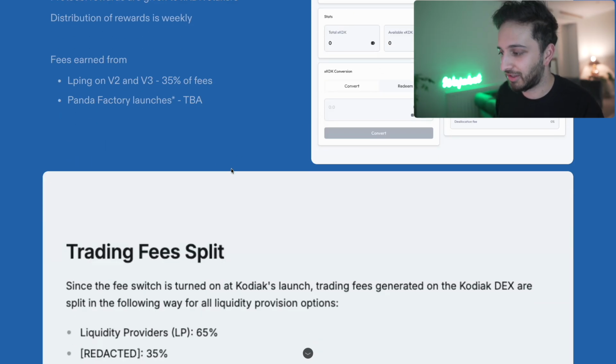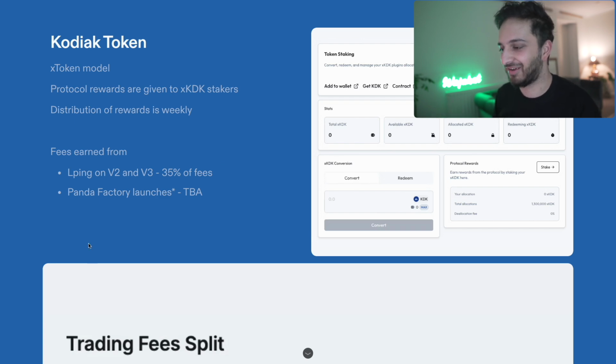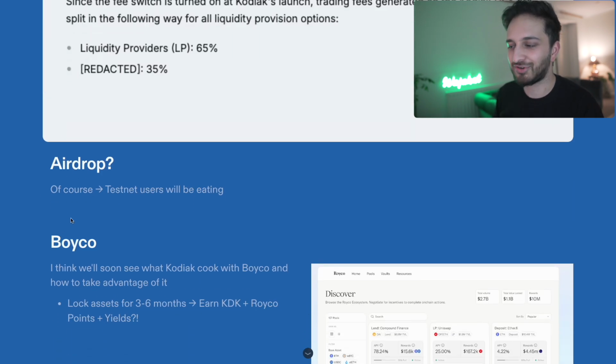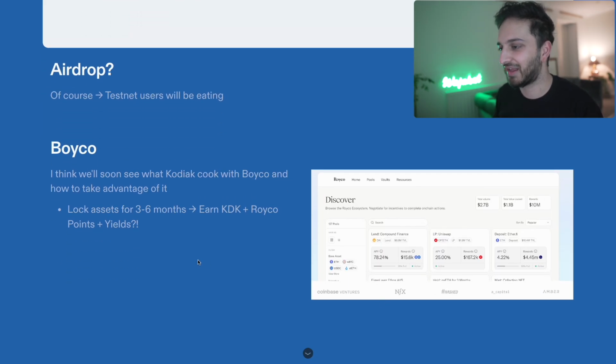And this is going to be really, really interesting, because you might be thinking, hold on a second, that means LPs aren't being compensated that well. Well, they will, because there's all those external rewards coming through BGT, through Infrared, through their partner protocols. And I think this is what makes Kodiak a really, really interesting DEX. Will there be an airdrop? I'm pretty sure there will be. I'm pretty sure testnet users will be eligible through the request for application process. So yeah, I'm sure Kodiak will be doing pretty well there, as will all of the other Berachain protocols too.